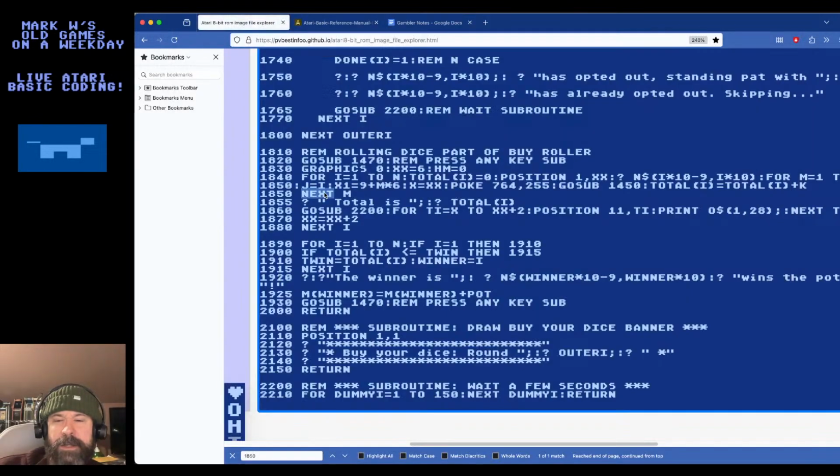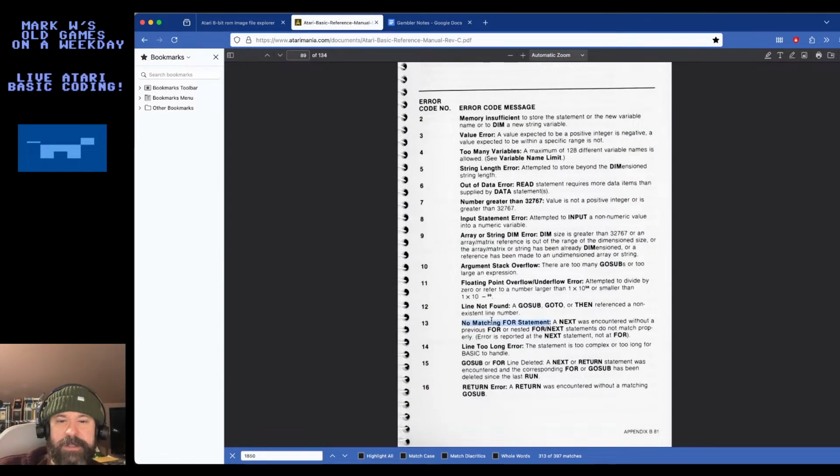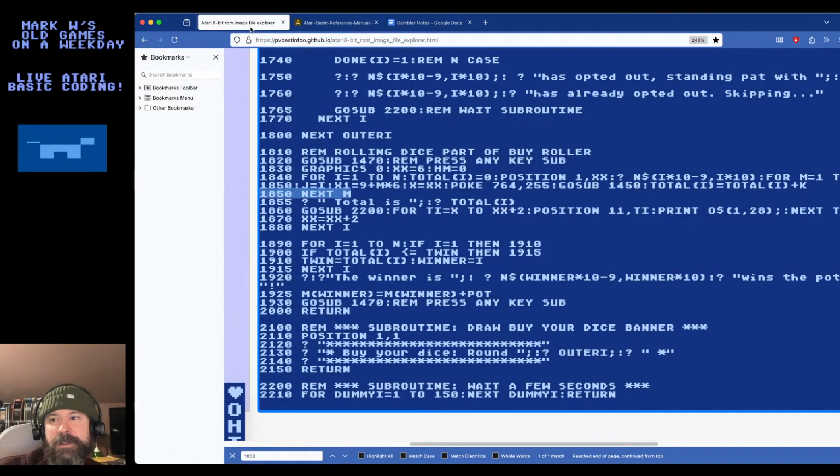So again, NEXT M is run, and it's giving me this error 13, which means no matching FOR statement for the NEXT.